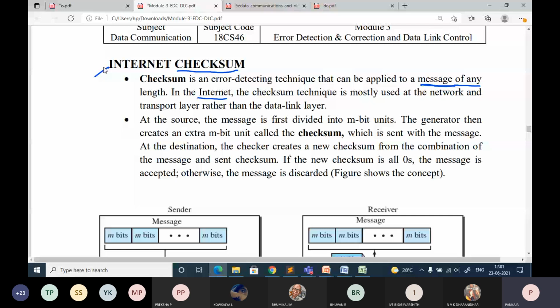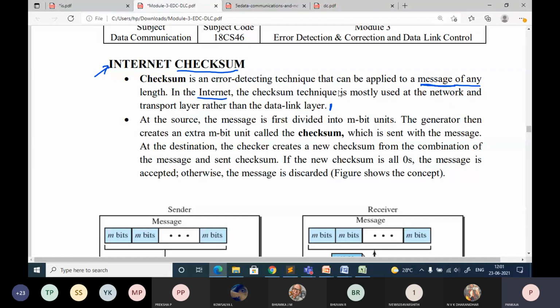In the internet, the checksum technique is mostly used at the network and transport layers rather than the data link layer. The previous methods, CRC, Hamming distance and all those we discussed in the previous class, are implemented at the data link layer.